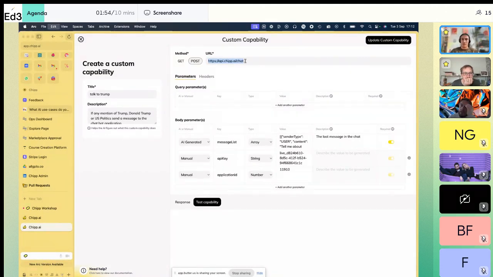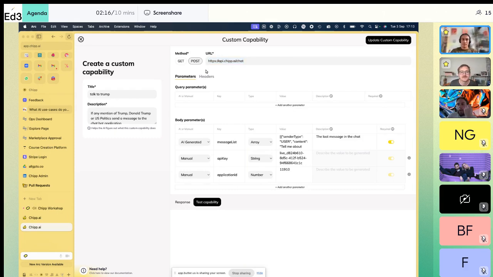api.chip.ai/chat. So if you want to send Chip to Chip, you do this. But if you want to get information from somewhere or post information somewhere, you can get information from a weather API, or get financial markets data from a financial markets API, or write something to the Notion API or Airtable. You can do those kinds of things as well. So you just change that URL up here based on